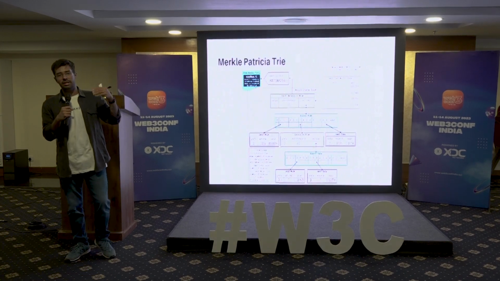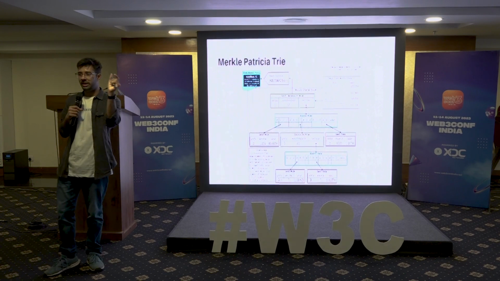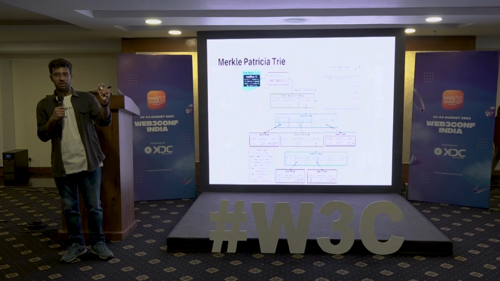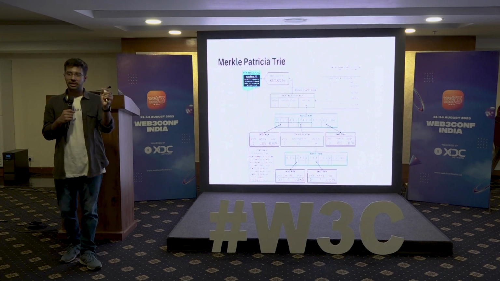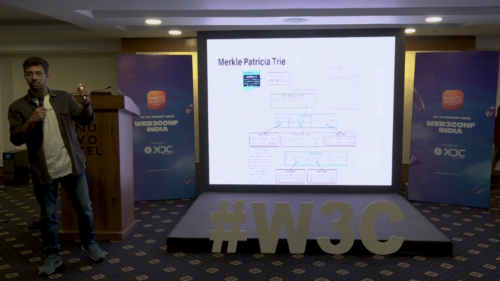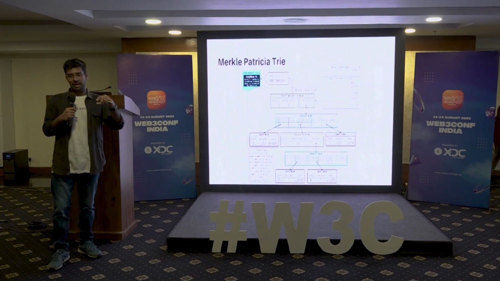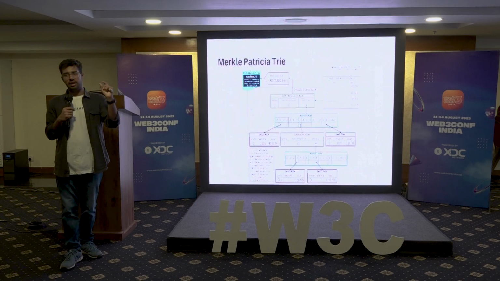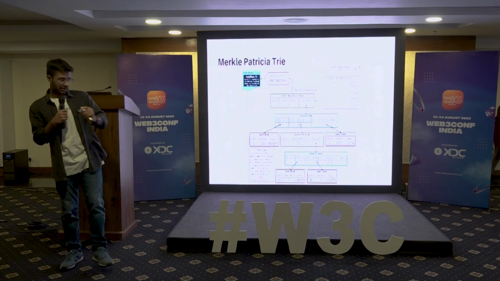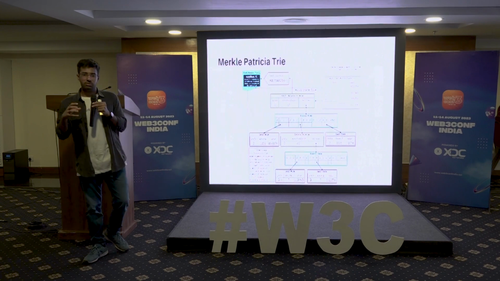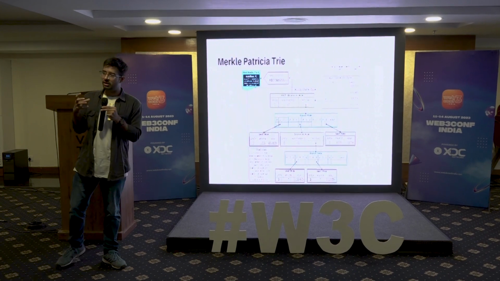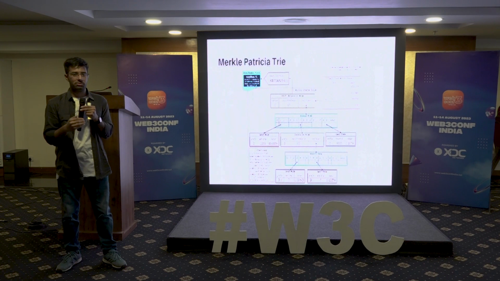so you start reading data from the beginning. You read x, you reach a node, so that's the prefix. Now you read y, then you reach a new node, which is the prefix. So the value at that point is basically the value of the key x, y, and you have the value there, right? So what Ethereum optimized this for is that there are a lot of nodes which might be empty,